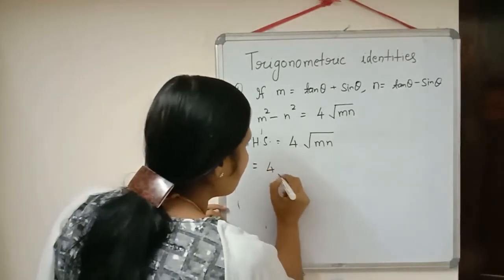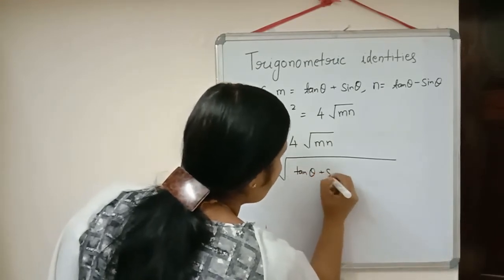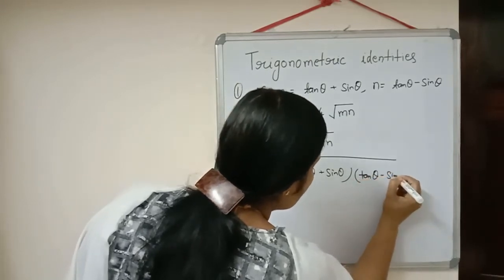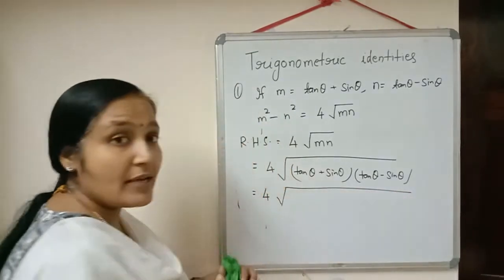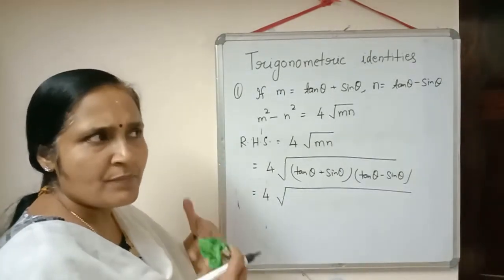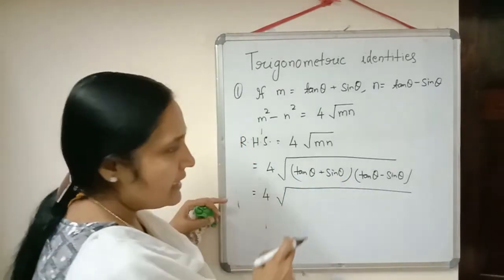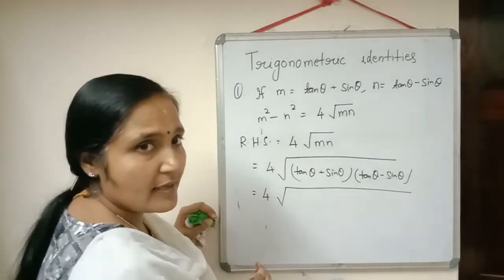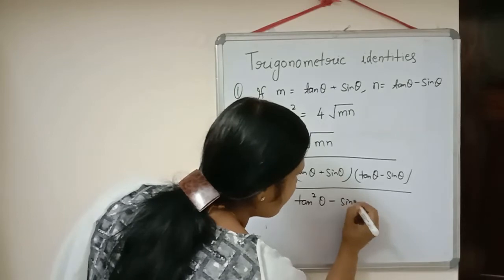So remaining we can substitute the value now. Root of mn. So in place of m, tan theta plus sin theta, and in place of n we can substitute tan theta minus sin theta. So now you can check, when we simplified the left hand side, we don't have any root in the left hand side. So the right hand side also we have to arrange in such a way that the square root should get cancelled there. Okay. So first, which identity we can use here? It is in the form of a plus b into a minus b. So we can use the identity. It will be equal to a square minus b square. So we are getting here tan square theta minus